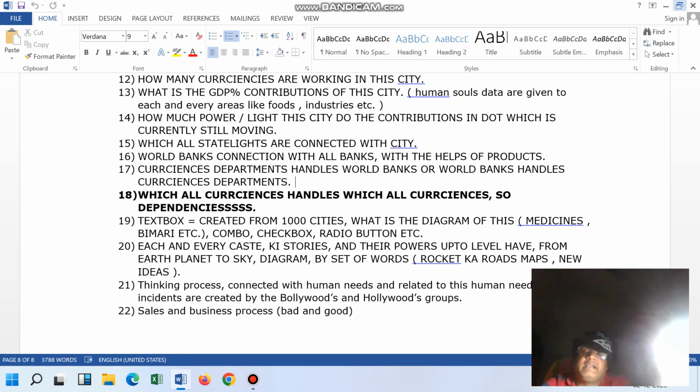On planet Earth, people are eating the tomato, they are eating the tomato, potato. All the incidents which are going to happen are basically created by the Bollywood group. The Bollywood group knows that this energy is going to generate at this much level. This human need, potato, is going to generate all these activities, but mostly the Bollywood people might not be knowing that this is going to convert into a planet also, but they know that